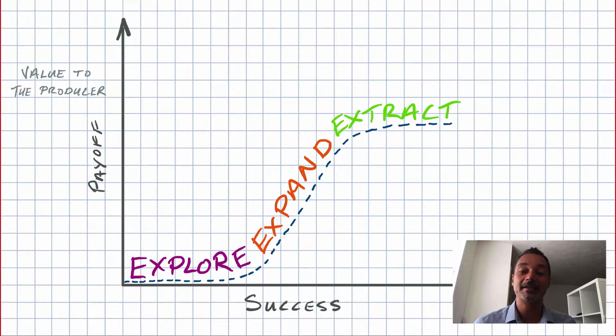That idea could be, I've got this idea for how we could lower our infrastructure costs. You'd still want to explore by experimenting with that idea to see if it actually makes sense. If it then did make sense, you'd have demand for people wanting you to roll that out as far and wide as possible because it's saving you money. And then once it's all rolled out, you want ongoing support and maintenance of it to become as